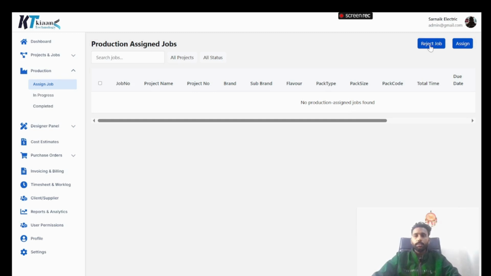Once they reject this job, it will be directly allocated to the admin from the starting position. Then you can assign this. If production wants to assign this job to an employee, then just click on assign. It should be assigned to the employee, and once the employee completes it, the employee will return it to production, and